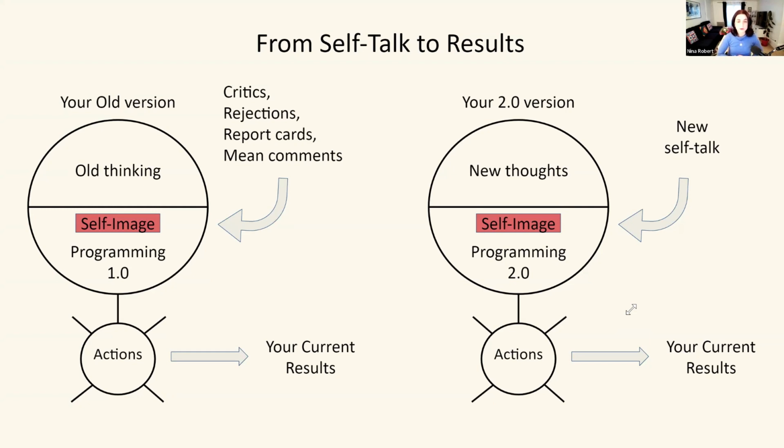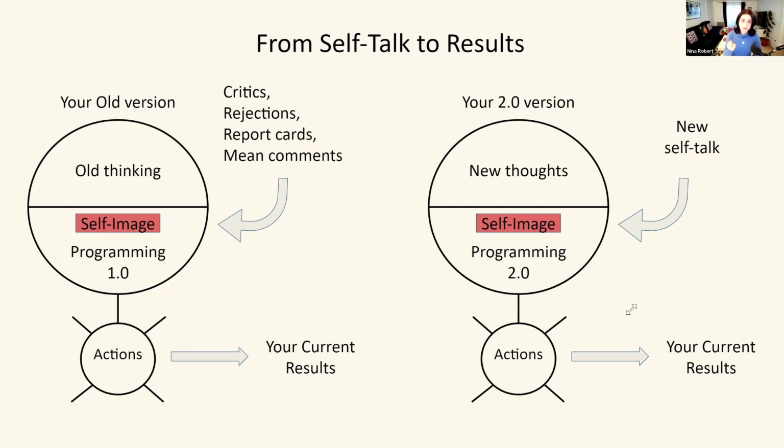Usually the self-talk or the self-beliefs or the inner image that we have of ourselves became a storage or a history of all the critics, the rejections, the report cards, the comments, also the encouragements, the nice words, the gifts, the signs of love, the proofs of wins, everything that came into our life as an outside opinion or an outside projection or an outside idea, actually accumulated inside our subconscious mind and made what was the version of you that is the 1.0 version of yourself.